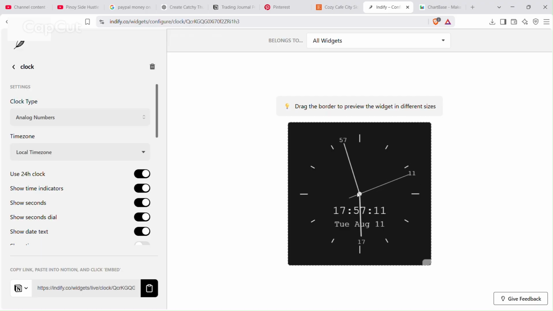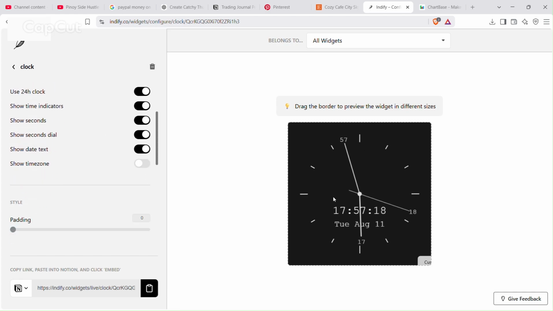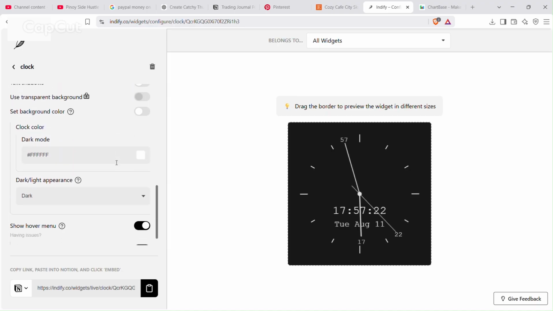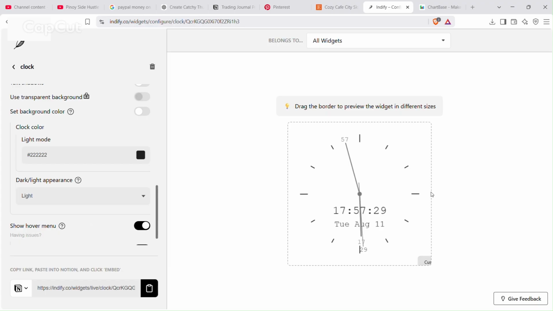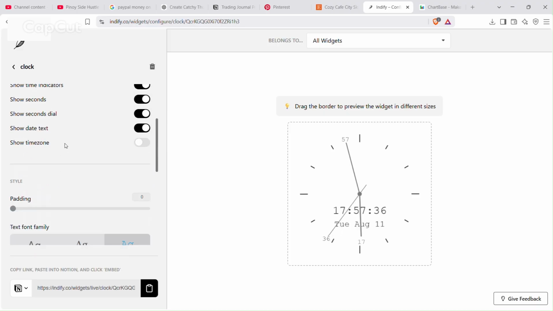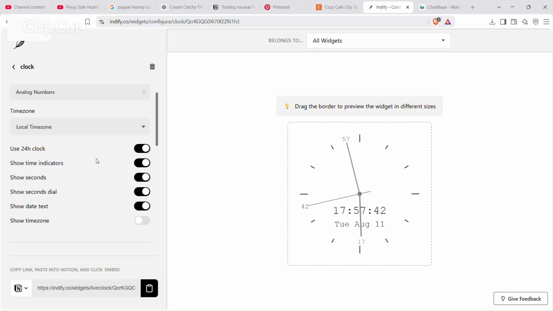And you can configure this clock widget. So I will make the background white. So clock color, so dark, I will make light. So I think this one is okay. And then I will copy this one. But you can also configure this clock. Okay, just try to experiment here.